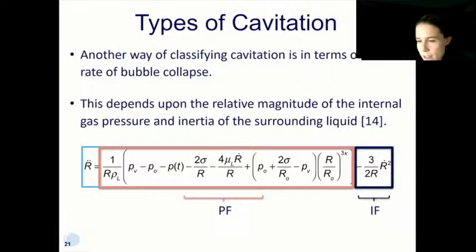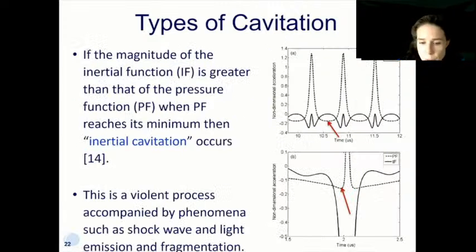This is the balance of the external and the internal pressures in the bubble. And competing against that is the inertia, the surrounding liquid that's being forced out of the way as the bubble is expanding and rushing in as the bubble is contracting. It's the competition of those that determines the acceleration of the bubble wall. So the definition that was given by Flynn back in the 1970s was to define cavitation in terms of this competition. So if the inertial function, so-called, reaches a magnitude that is larger than that of the pressure function as the bubble is collapsing, then the bubble